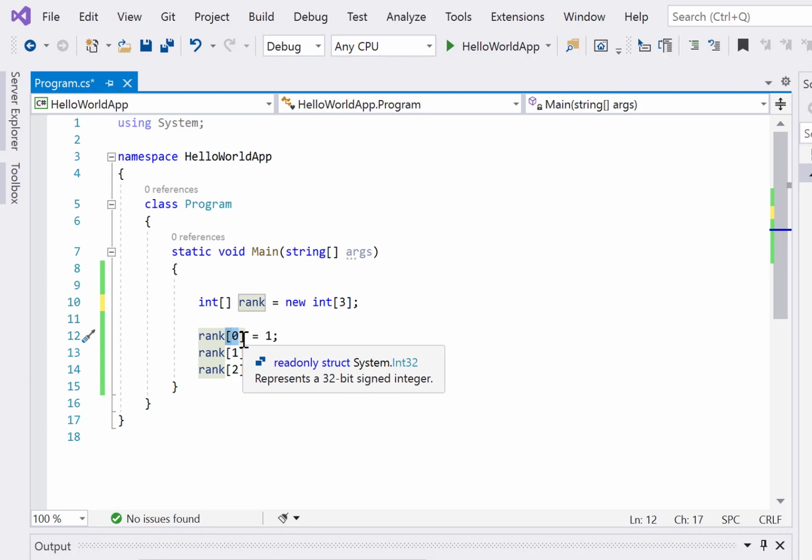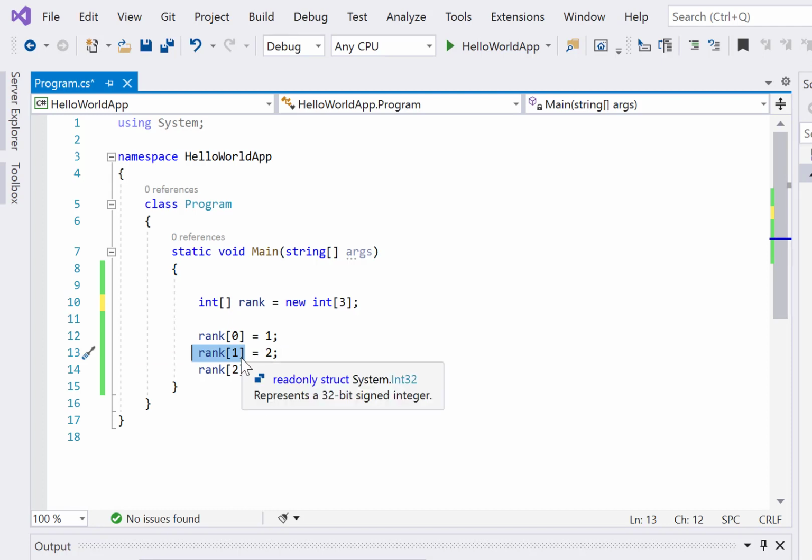So we have to take care of that, because we want to access the values as well. How would we access the value and how do we put the value? We basically put the values via the indexes, right? So here I'm saying put the first value in the rank variable as 1, and put the second value in this array variable as 2.